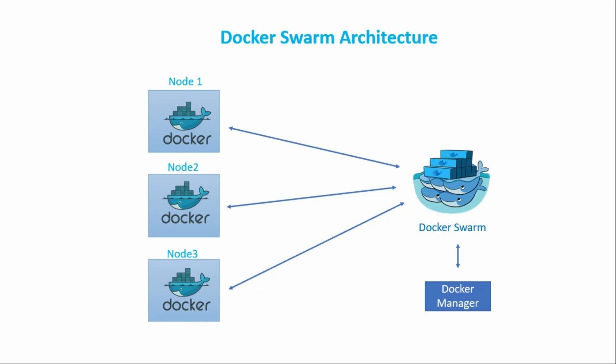This is our Docker Swarm architecture, where we have a Docker Swarm connected to node 1, node 2 and node 3. Node 1 has multiple containers, node 2 also has the same 100 containers, node 3 also has the same 100 containers, and all three nodes are clustered. In that case we use Docker Swarm to do clustering and manage all the containers and Docker engines. So this is our Docker Swarm architecture. Let's move on to some features of Docker Swarm, which are very important. You must know all of them.